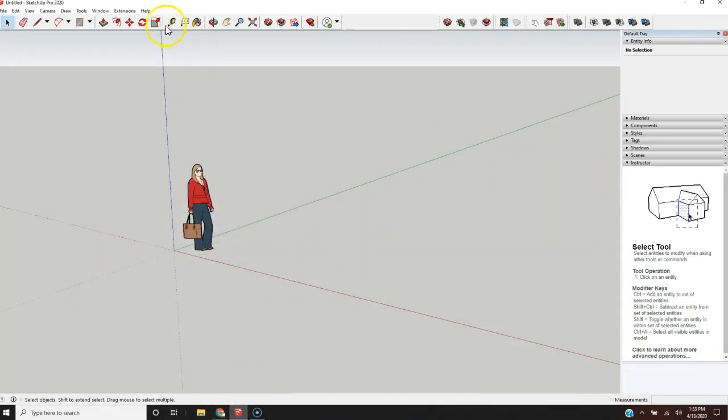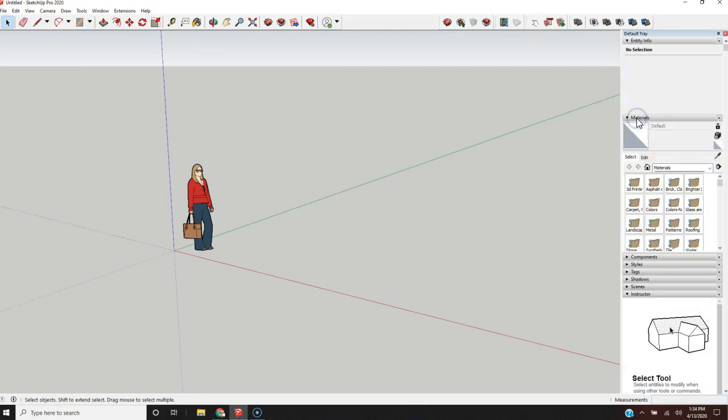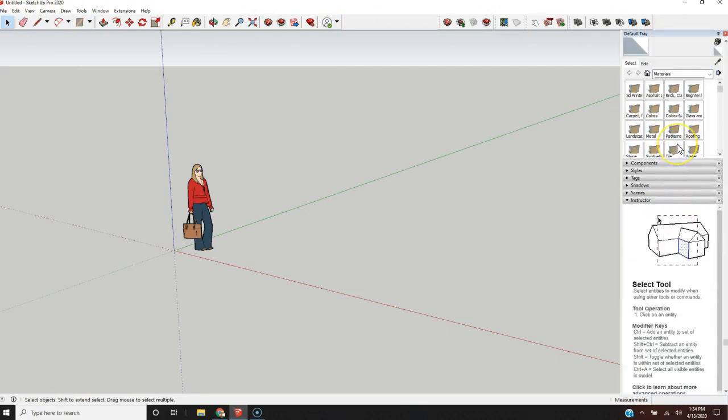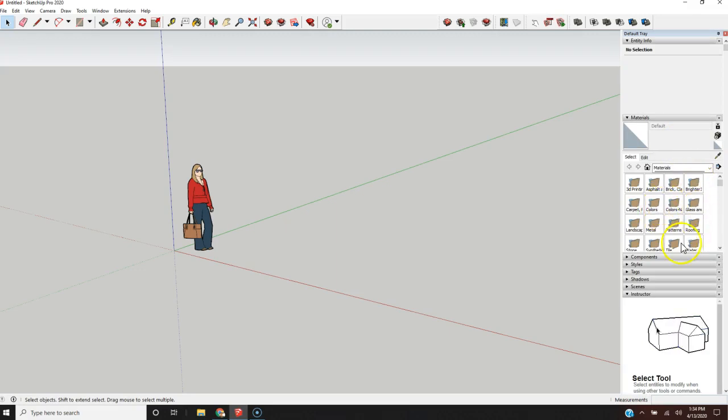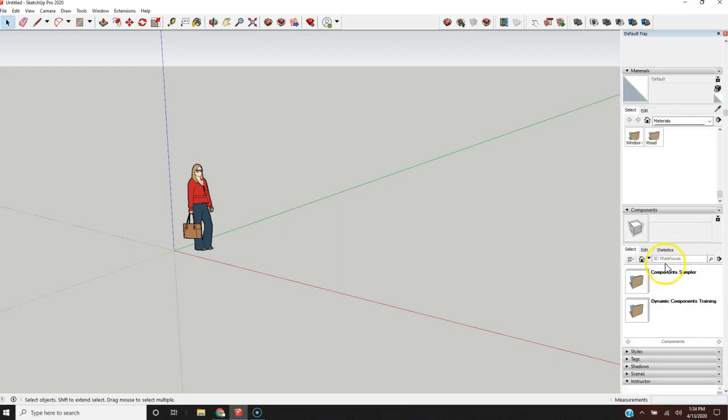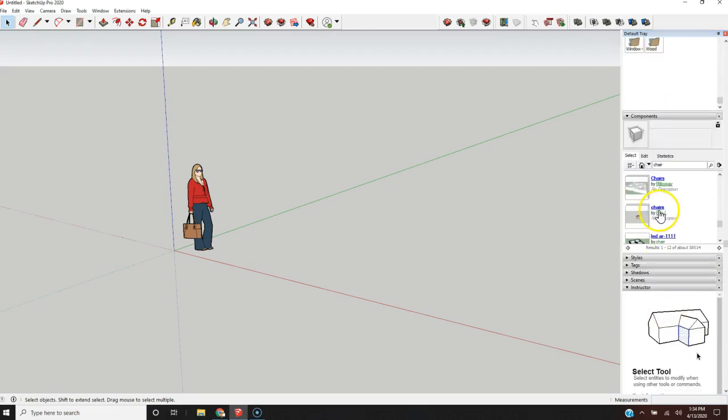Anyway, that's the help. Okay, let's go over here. Here are some of the materials that you can choose to put into your model. Components, this is at 3D Warehouse over here. I can type in chair, if I spell it right. There we go. And they'll give you all kinds of different chairs that you can choose from, and you just click on it,